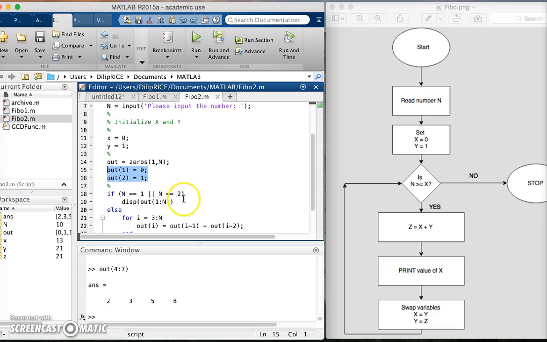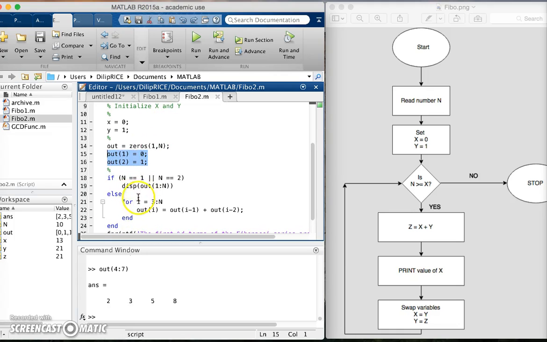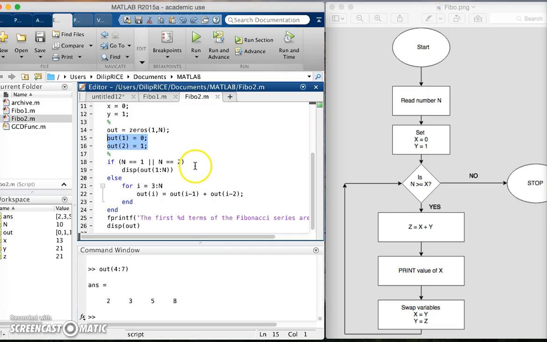Okay, if n were greater than 2, and I'm obviously not testing for n negative and so on, because no reasonable person would want to have a series with negative number of terms. Maybe you should include a check there, but for our purposes we are not going to do it. If n is different from 1 and 2, we have an else statement. Then we say for I, some counter, from 3 to n, because the first two were defined and I'm interested only in the next elements. I going from 3 to n,